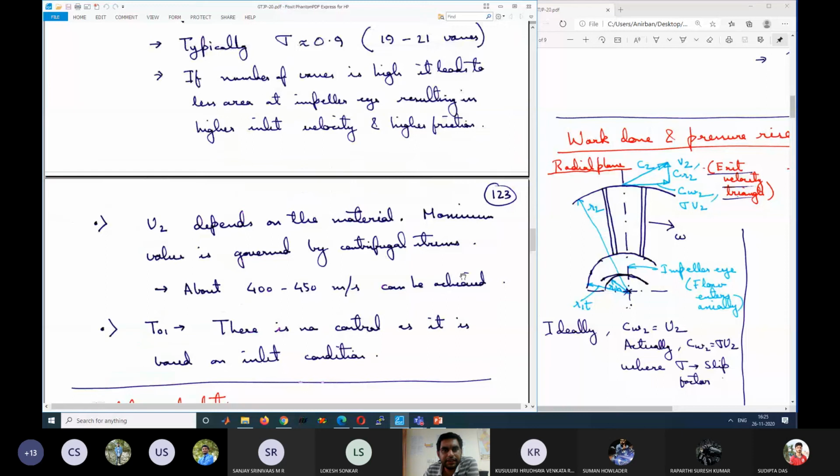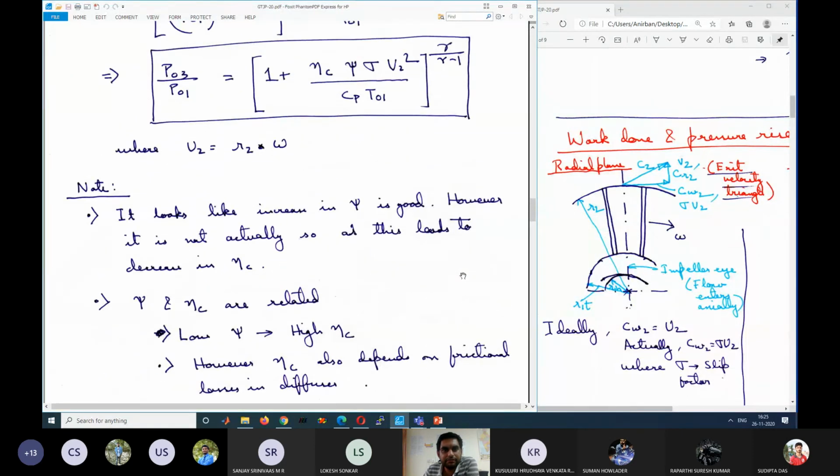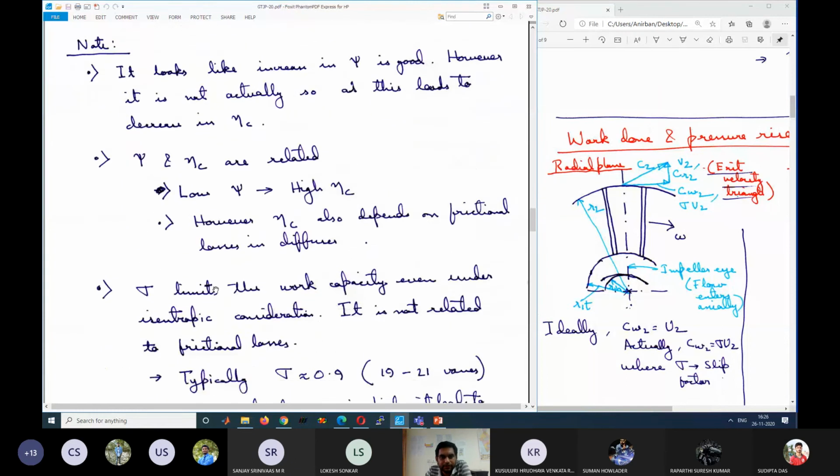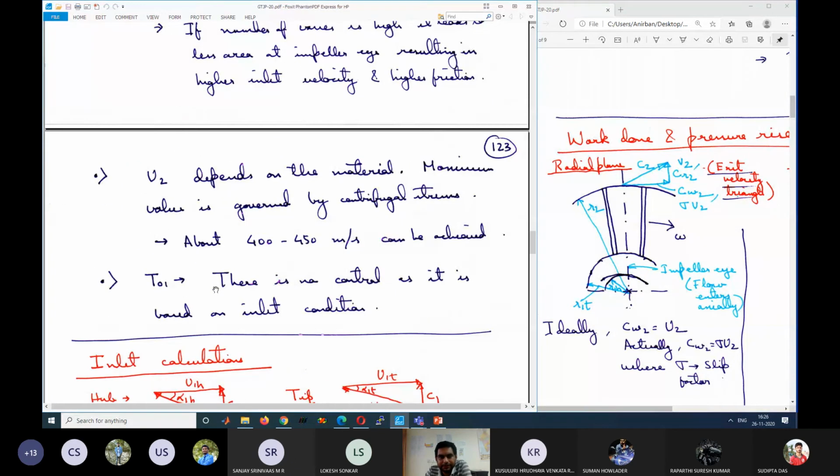So any questions regarding this part? We will go through some small materials, but this is the main part of how the pressure ratio is obtained. What we have done is we have related the requirement, which is the pressure ratio from the compressor, to the enthalpy change or temperature change in the compressor, and related it to geometrical parameters and other parameters like the velocity. So we have related the thermodynamics to the design aspects of the impeller. That was the main idea behind this derivation. Any questions on this?